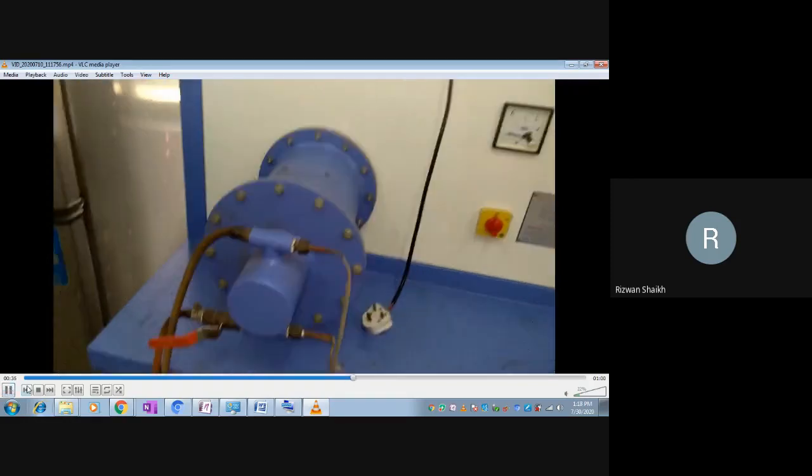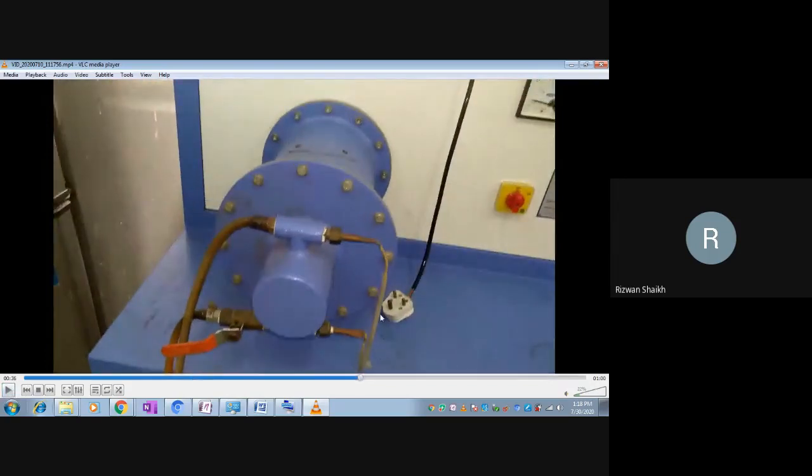And you can see the bottom part. This is again a thermocouple, and this is the outlet of the water. This is the outlet part, so we can note down the inlet temperature and the outlet temperature. And this is the hot rod inside, and the entire rod is enclosed by this shell.